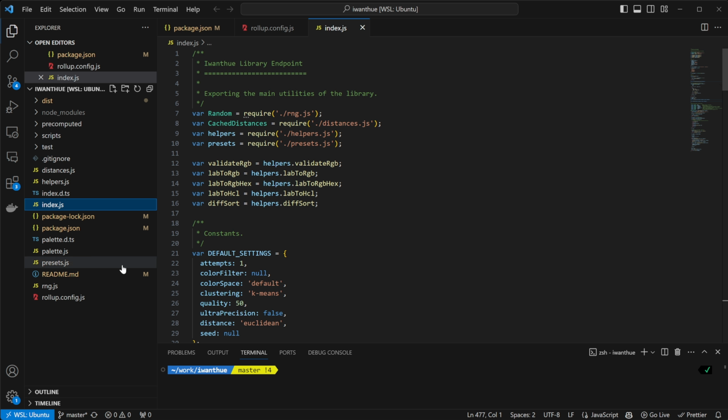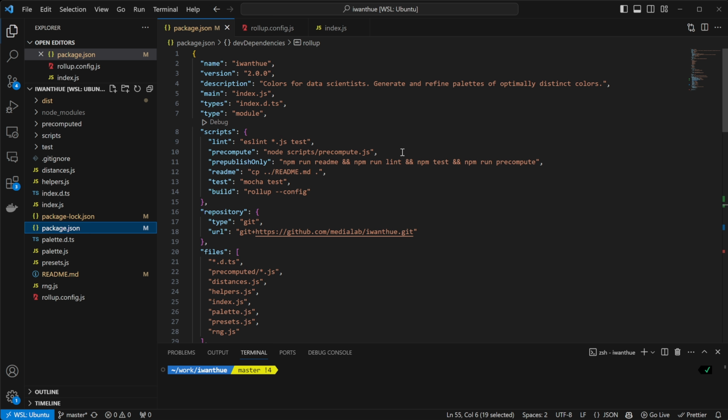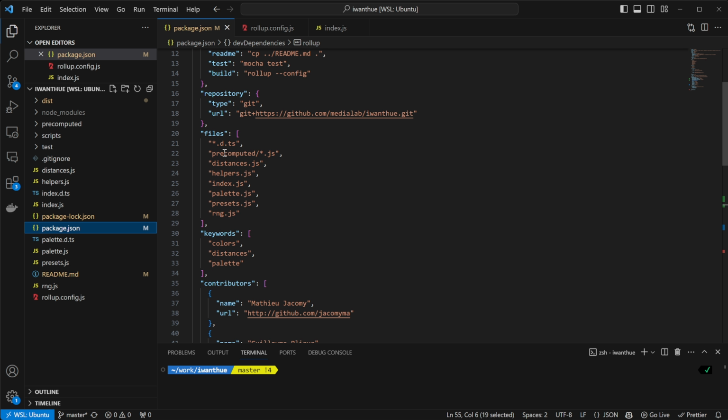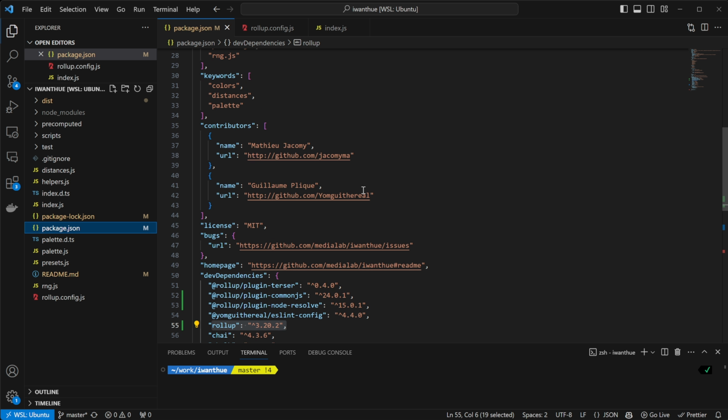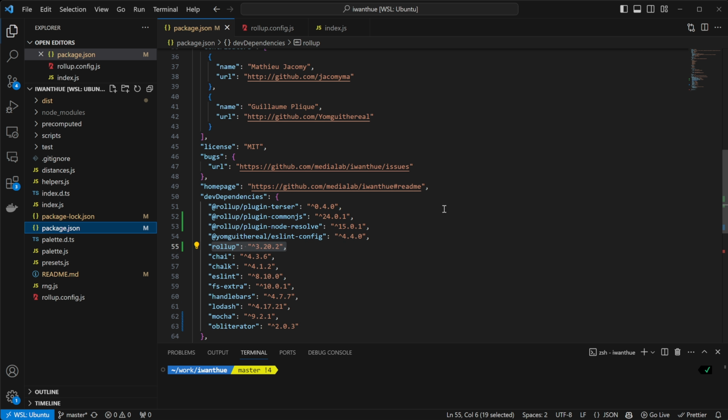So what I added was a bundler called rollup. You can also find more information about this. Simply, when you have this Node.js package, the entry point is most likely main or index.js. And you have this package.json, which specifies how the package is bundled, right? So for main, I'm telling you this is the main file. I'm putting the name, a description, where you can find the repository, some keywords, the contributors, blah, blah, blah. What matters for us is that we add this rollup bundler so that we can transform this Node.js code into something we can use in the browser. So the first thing that I did was to add these